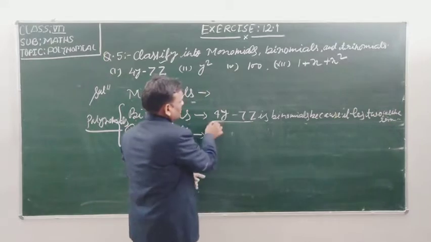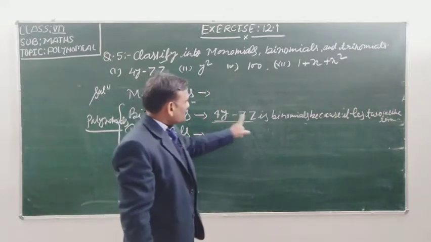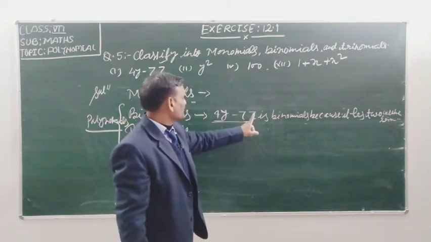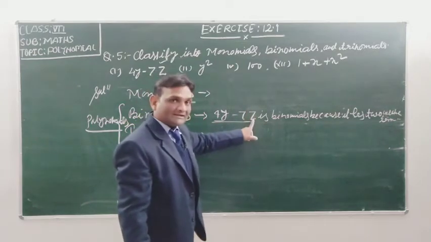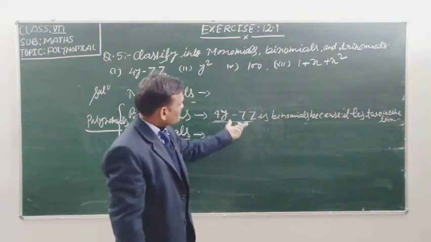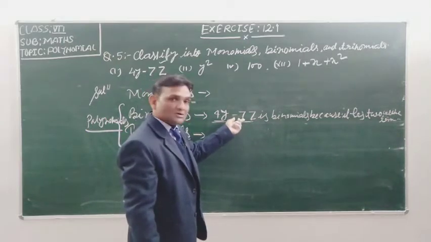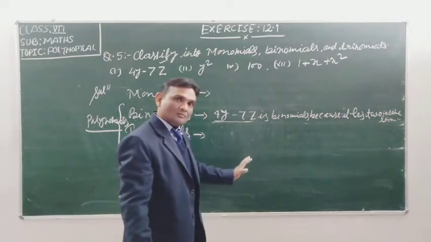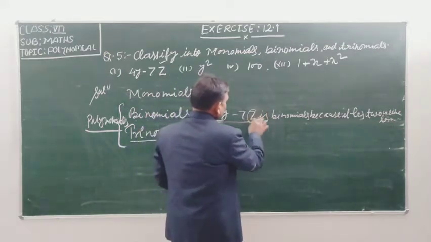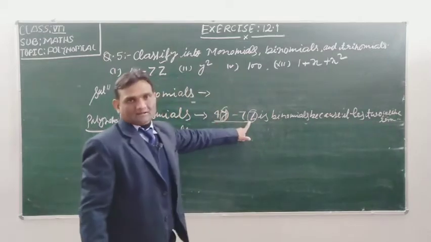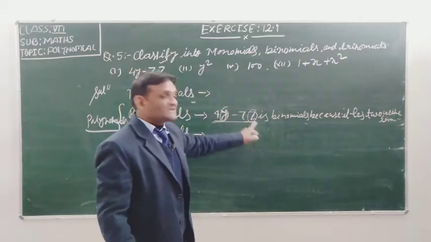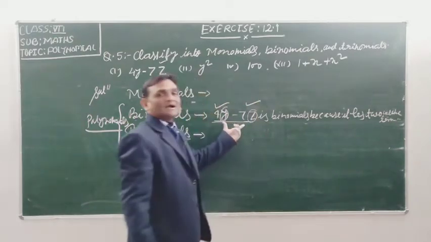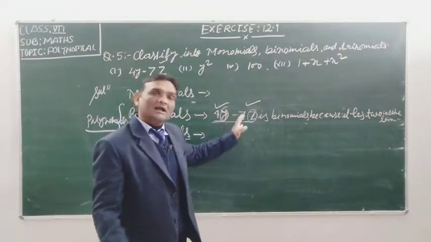किसी भी expression में, if y and z is the algebraic factor, sorry student. What is the factor of minus 7z? Minus 1, 7 and z, you know. So z and y are the algebraic factors, and y and z are not the same. So these both terms are called unlike terms. ये दोनों term क्या हैं? Unlike term.